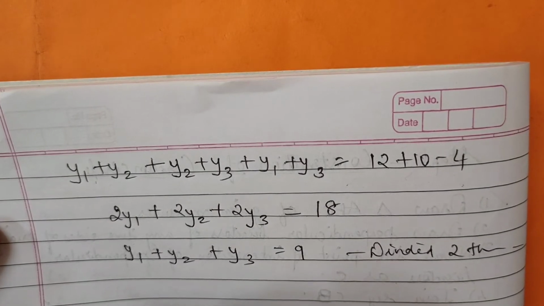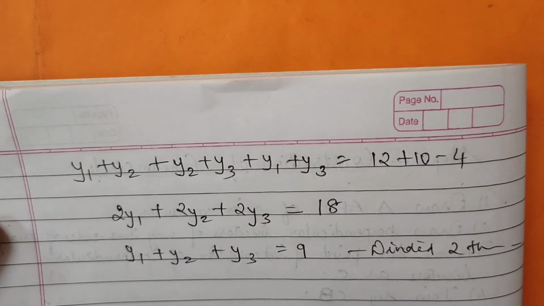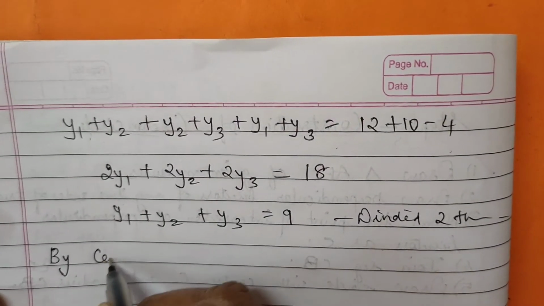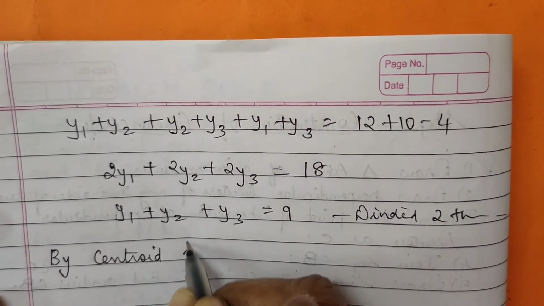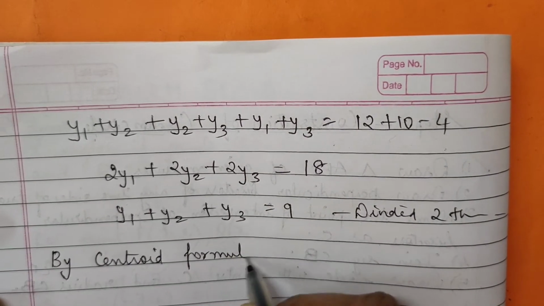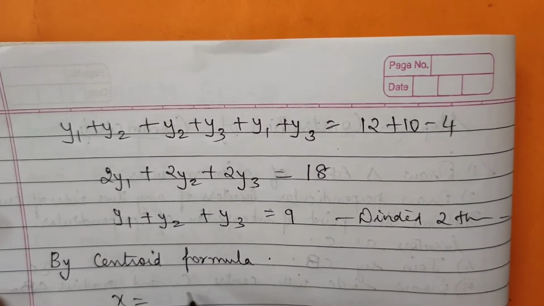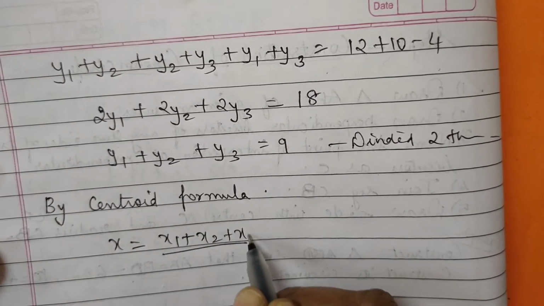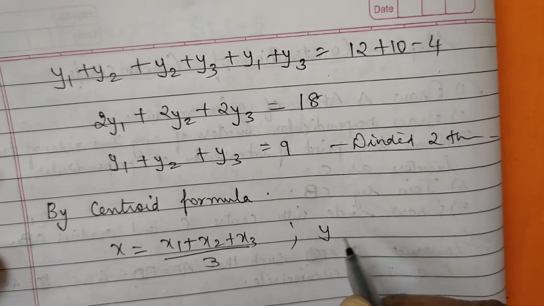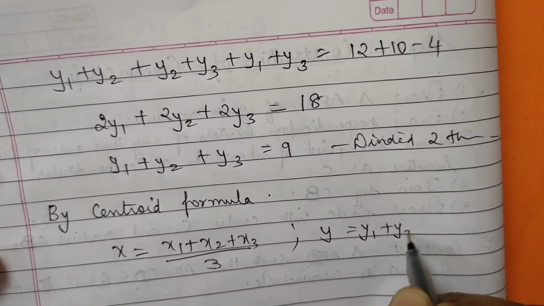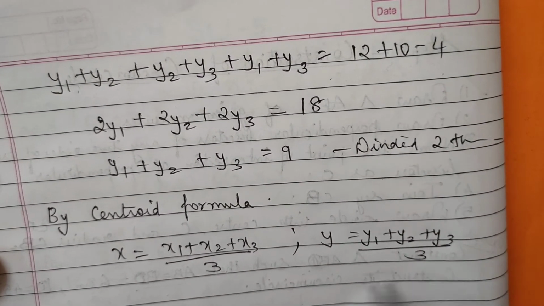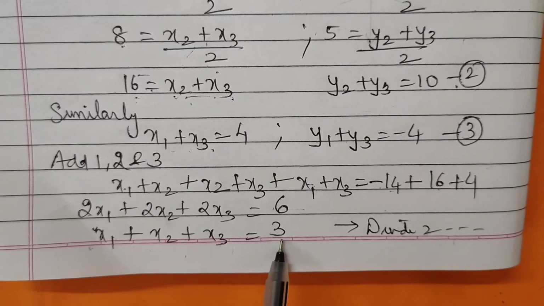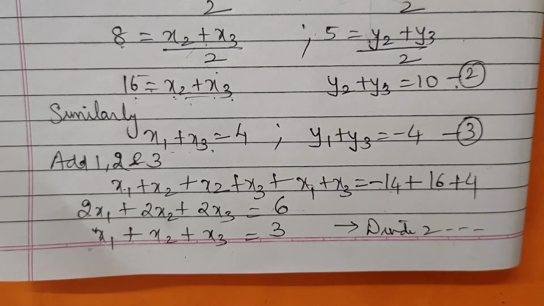So can we find the centroid of that particular triangle? So the centroid formula, we have already mentioned, G is (x, y). By the centroid formula, we are going to find x here: x1 plus x2 plus x3 upon 3, and y equals y1 plus y2 plus y3 upon 3. So what is x1 plus x2 plus x3? We got it. So we got 3. Can you see? Yes. So we are going to write it in that place.